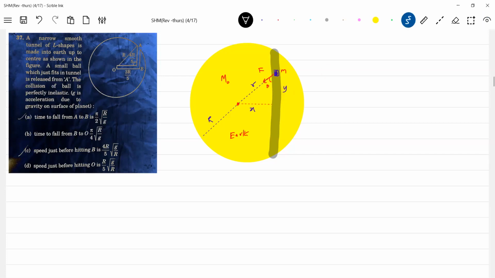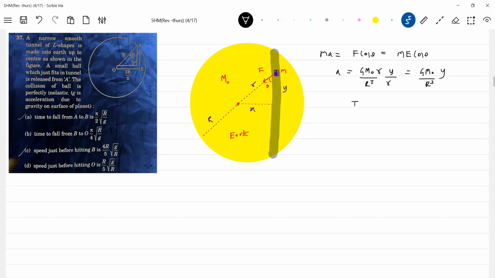Then what is the acceleration? m a should be equal to F cos theta. What is F? It is m into E into cos theta. The gravitational field at the center will get cancelled. So E is what? G m naught by r cube into small r, the gravitational field strength inside the solid sphere. Cos theta will be y by small r. That will get cancelled, leaving G m naught by r cube. And how is that acceleration opposite to displacement?